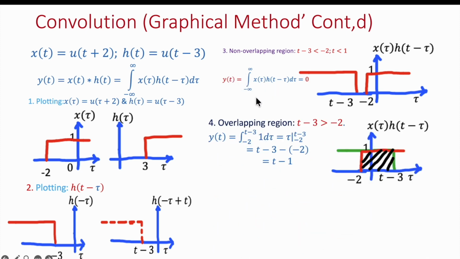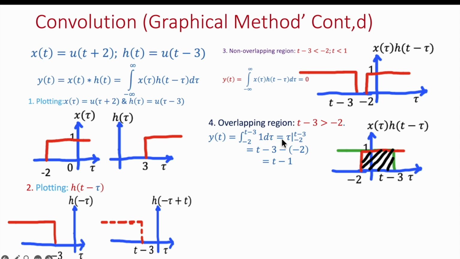Fourth one is the overlapping region, where t minus 3 is greater than minus 2. If it's greater than minus 2, then you can see the region will be overlapped, and then you can calculate the value of y of t, which equals the integral whose limits start from minus 2 to t minus 3, and you know the amplitude of the unit step is 1, so